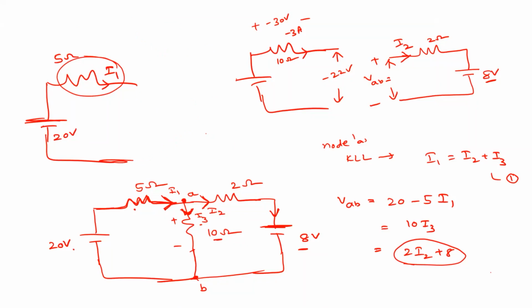Right. So next we have these 3 equations. 2, 3, 4 equations, right? By solving these equations, you can find out I1, I2, and I3. Clear? So once you know I1, you can find out the other terms like voltage across. So what is I1? Can you solve for I1?